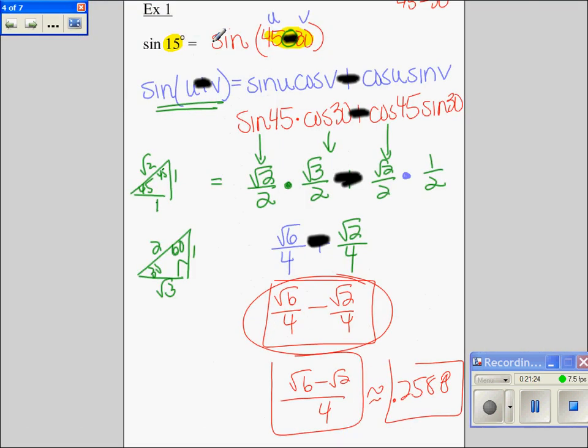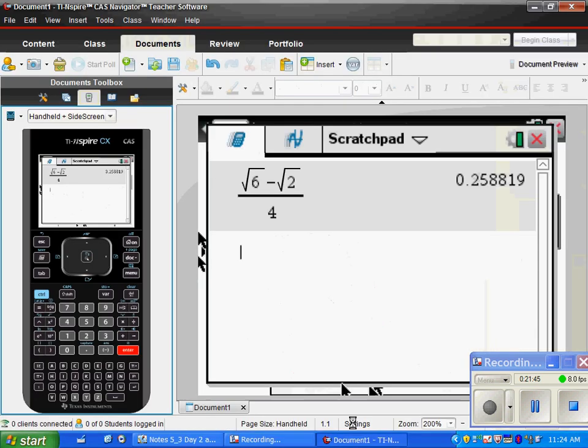So remember, the whole goal of this, and I apologize, remember the angle I used was 45 minus 30, so the formula needed to be minus all the way through. Hopefully you were yelling at me, and maybe even the sub pointed out, oh, she made a mistake. Good thing I caught the mistake. So what I want to do is just take the calculator and do sine of 15 degrees, and let's just see what we get. So if we do sine of 15 degrees, and